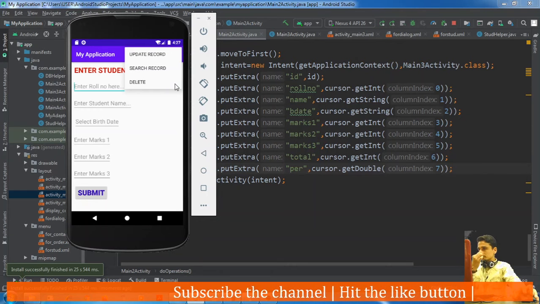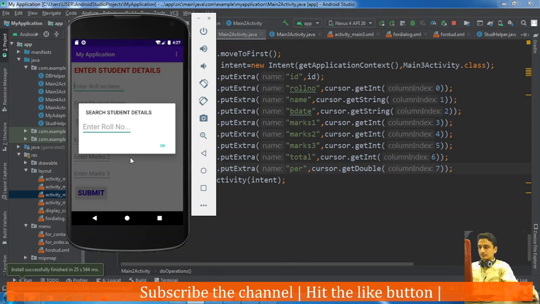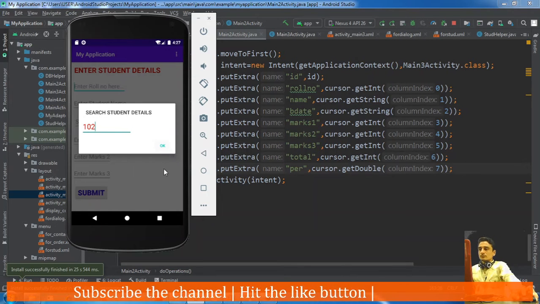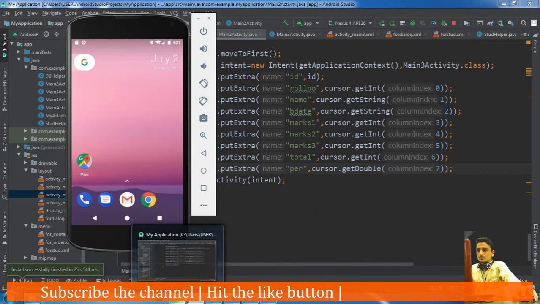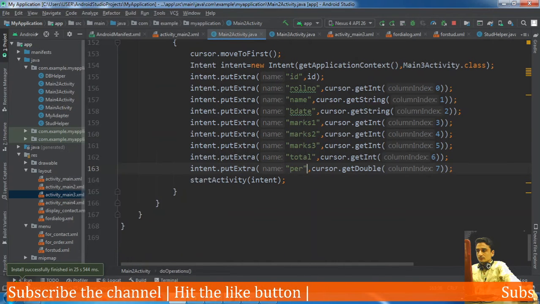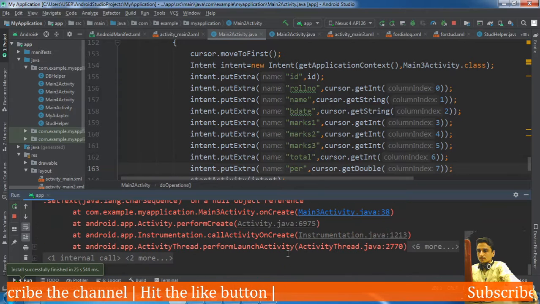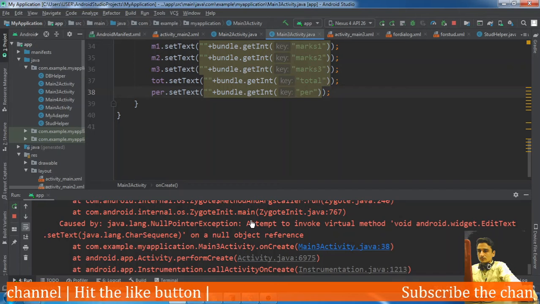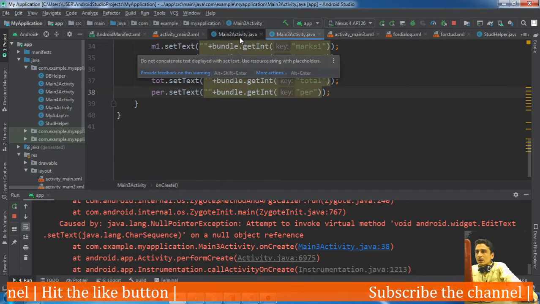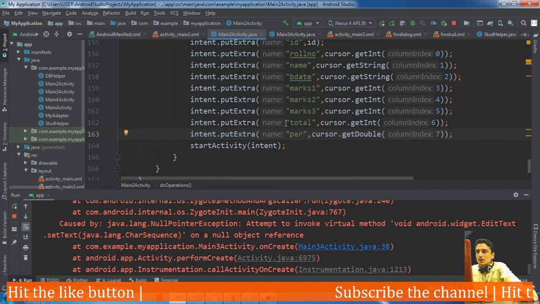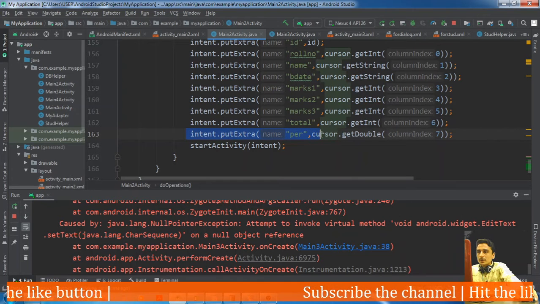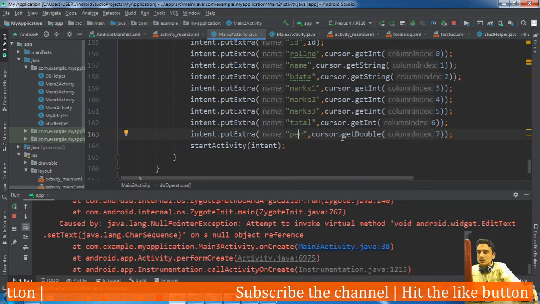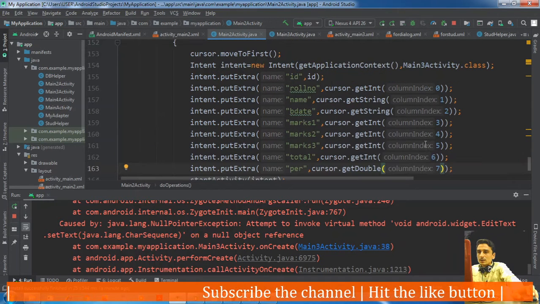Search. Okay, the last column is not read properly. Intent.putExtra percentage, cursor.getDouble 7.